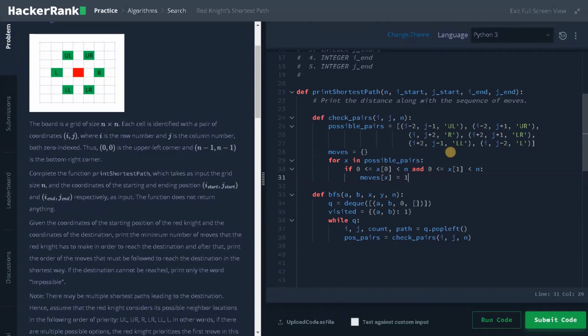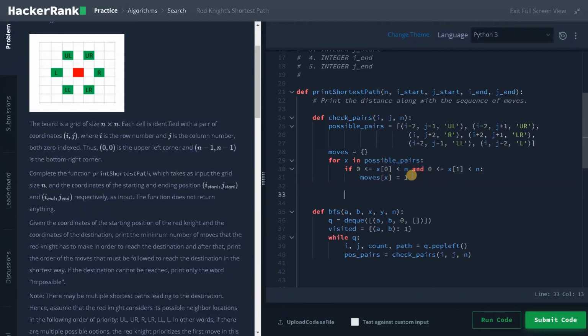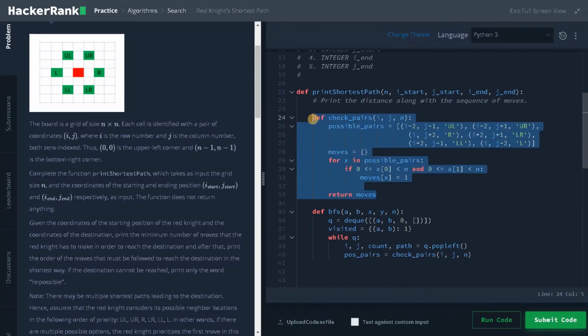So it will add all the moves in the dictionary, and after that we will return the moves. So this completes the check pairs. It will get you all the possible moves from the current position i and j.